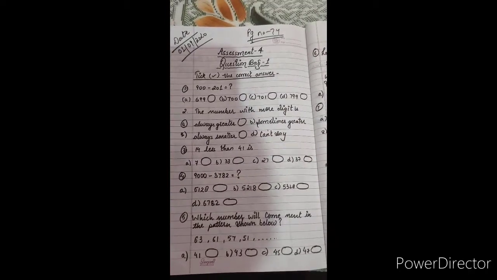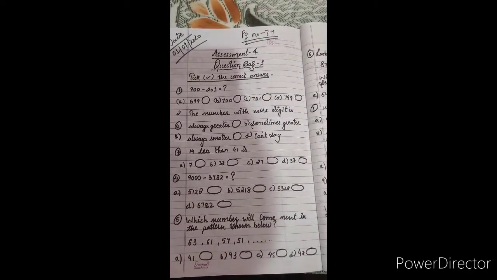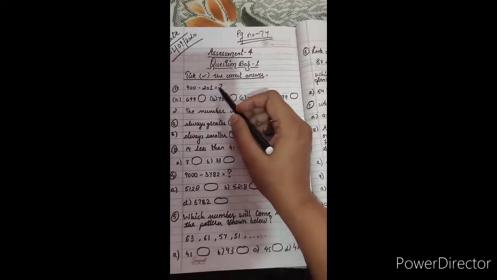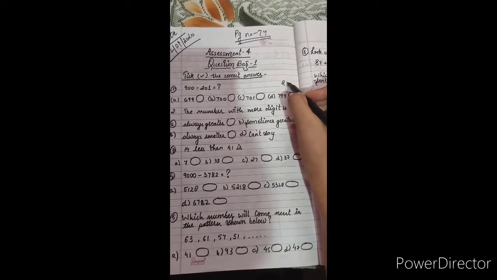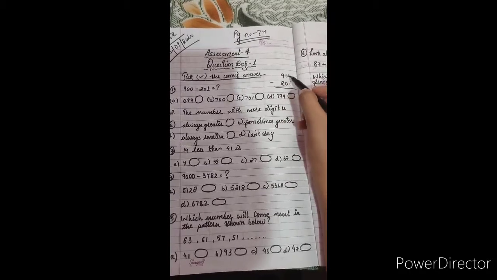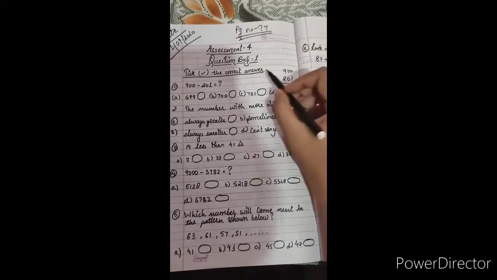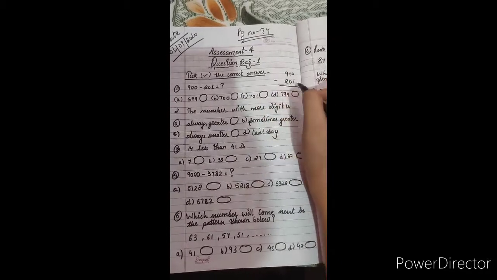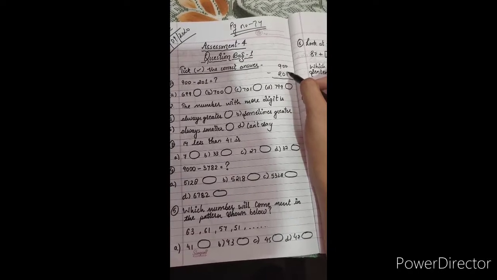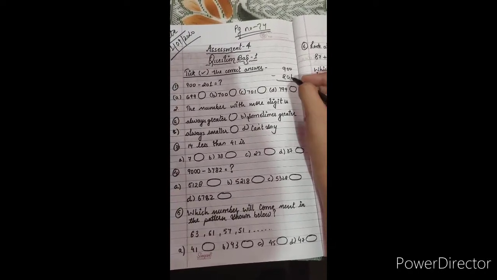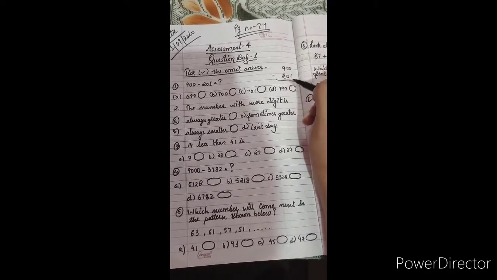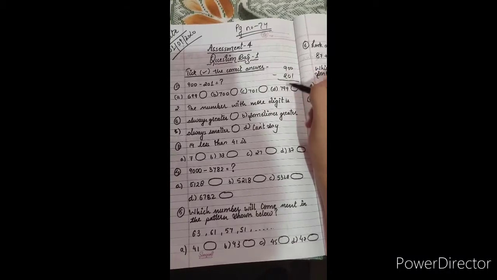So tick the correct answer. 900 minus 201. It means we want to subtract 201 from 900. So 201 and 900 minus. So subtracting ones. Step 1 is arranging the digits column wise. Now step 2 is subtracting ones. Subtracting ones means we want to subtract 1 from 0, but it is not possible. So from the tens column we borrow 1 ten, but in tens position 0 is here.